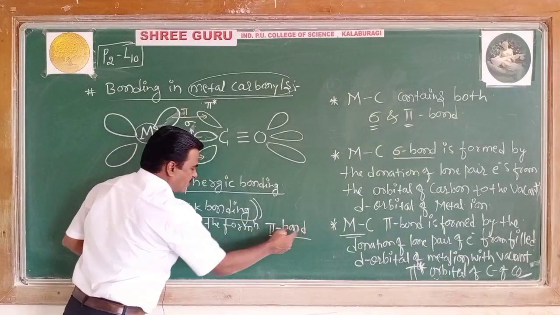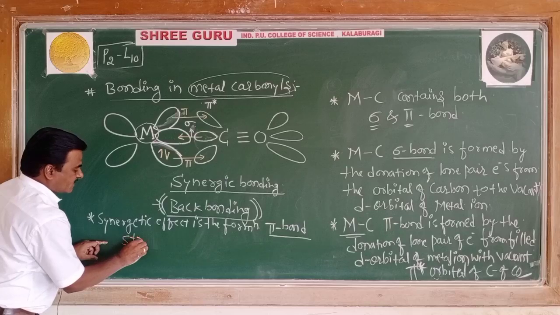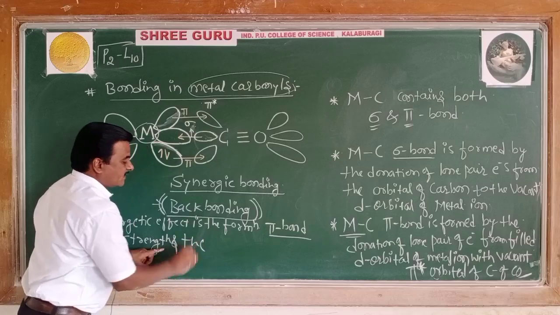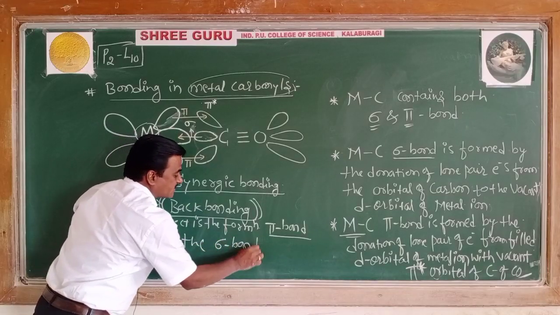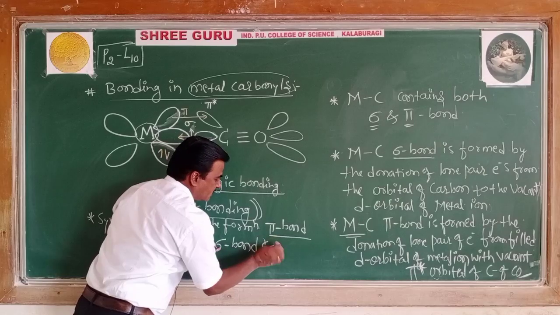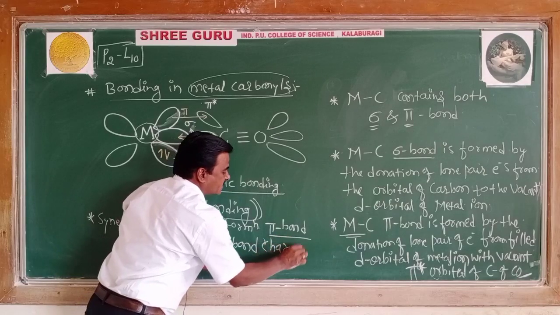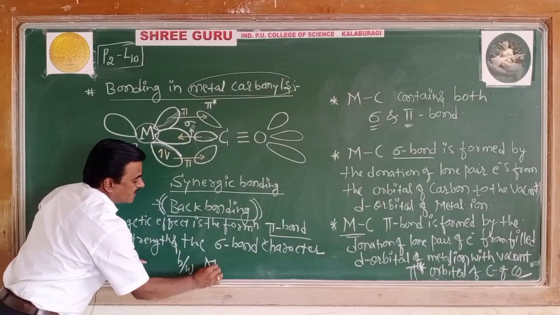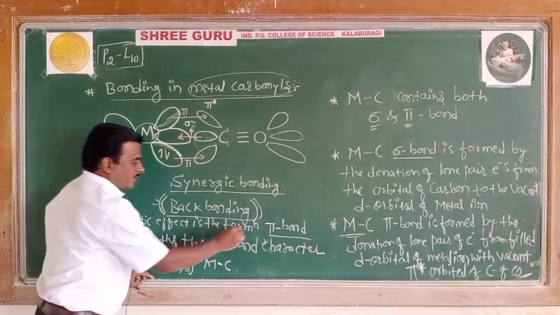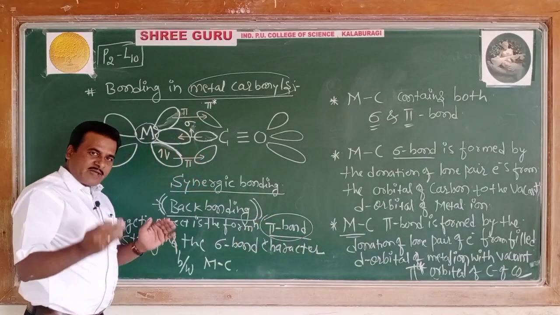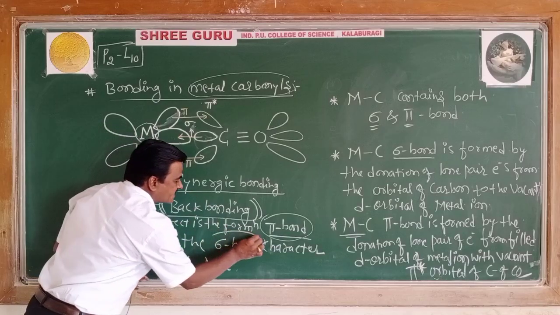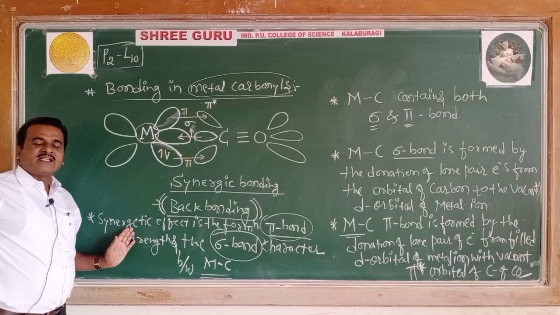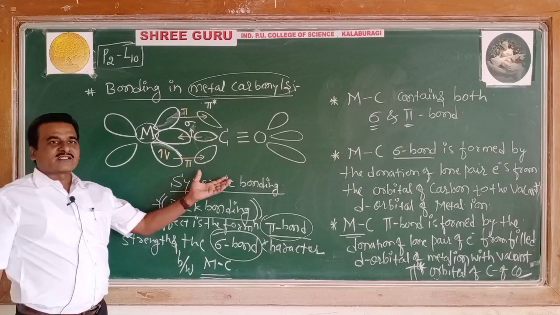The formation of a pi bond strengthens the sigma bond character, strengthens the sigma bond character between metal and a carbon. The formation of the pi bond by the back bonding will strengthen the sigma bond character between the metal and a carbon, and that effect is called synergic effect, and that bonding is called